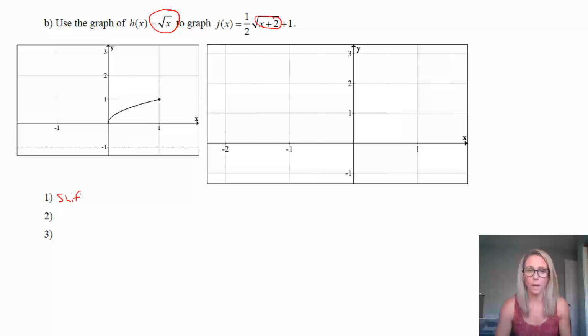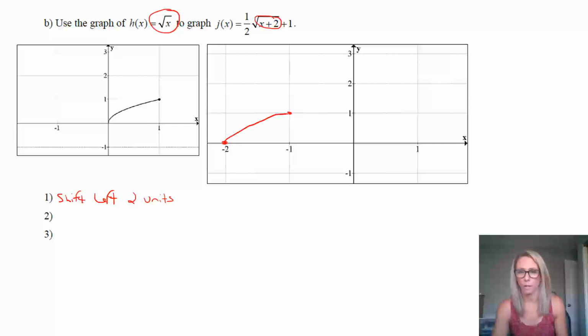So this is going to be a shift left 2 units. So again, I'm going to work inside out. So I'm going to go in from where the x is. So that's a shift left of 2 units, plus 2. So every value that I have, so I have 0, 0, so I'm going to have -2, 0. I have 1, 1. So that's going to go back and I'm going to have -1, 1. So notice my x values are going back. So I have this. Once we've done the shift left 2 units, now we will go to what is next to the part that has x in it, which is the 1/2. So now every y value is now going to get multiplied by 1/2.